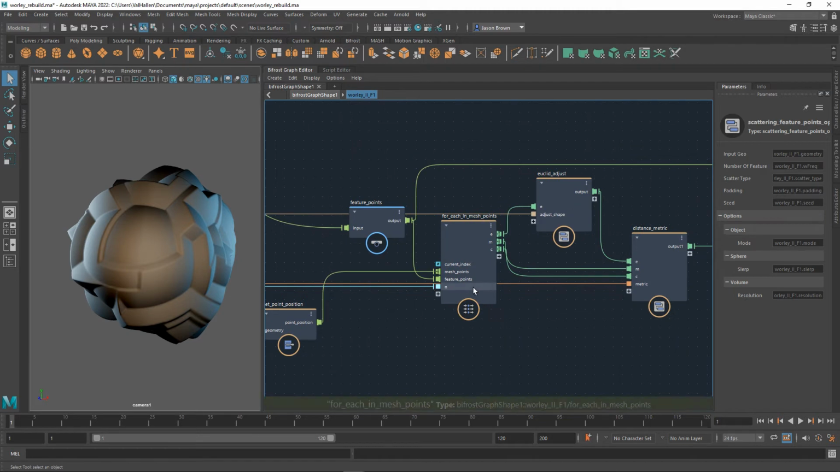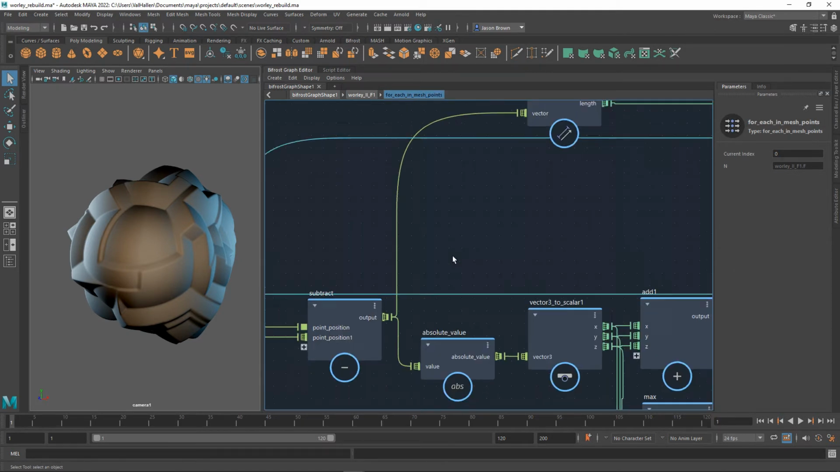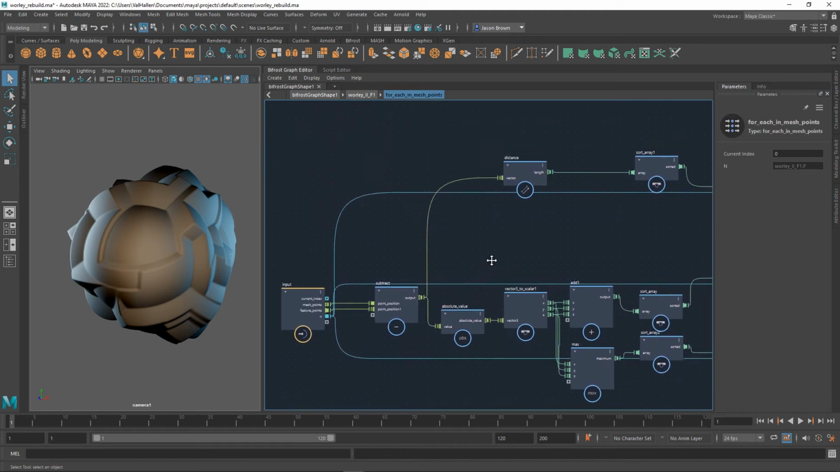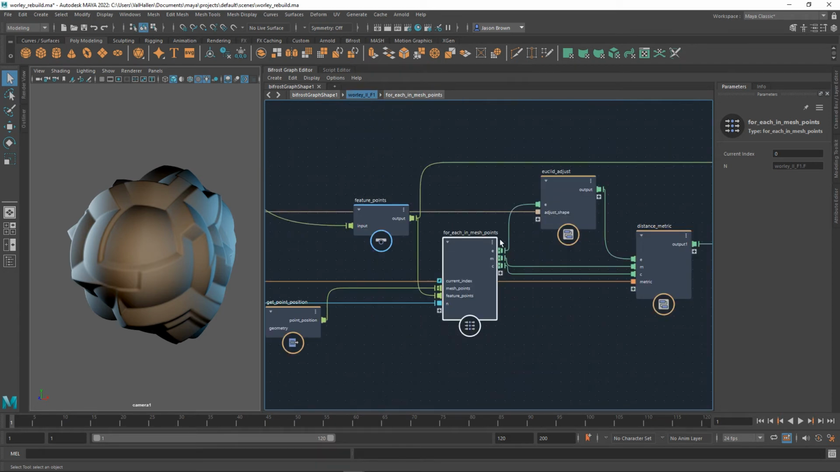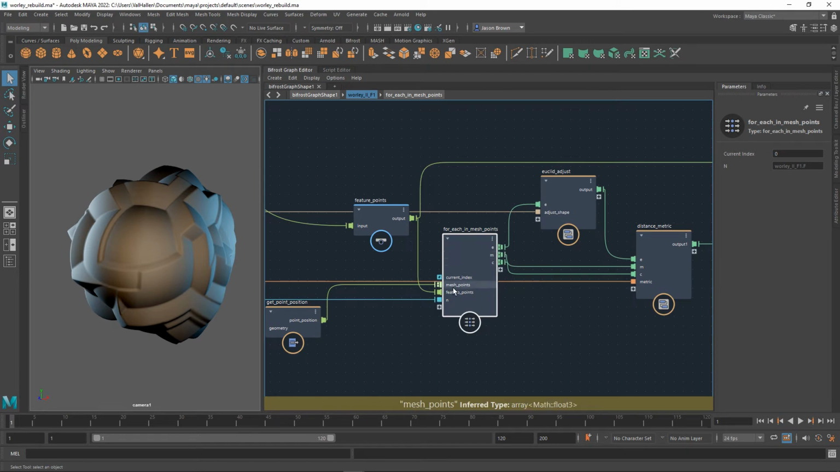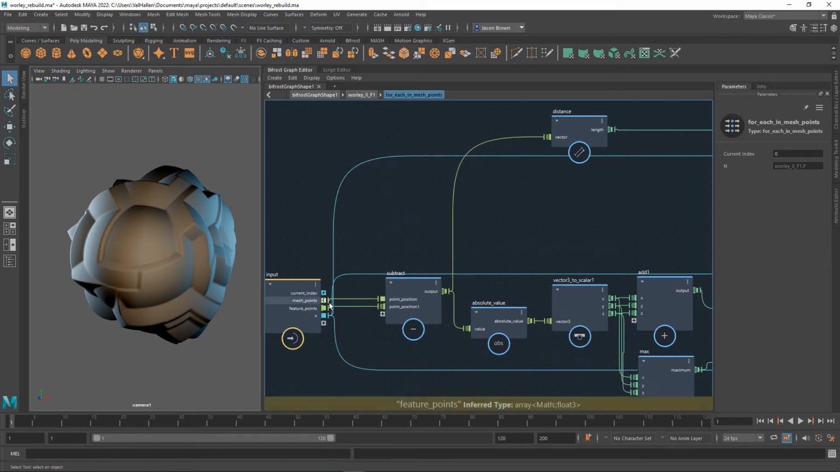The other difference in the new Worley noise is that instead of going through 2 loops, I've now done it implicitly and just gone through 1. So we're inside the loop at the moment. This is the loop. It's actually a for each loop, for each in mesh points. You can tell because there's a current index on it. So it brings in all of the mesh points and all of the feature points. It loops through every single mesh point like this,